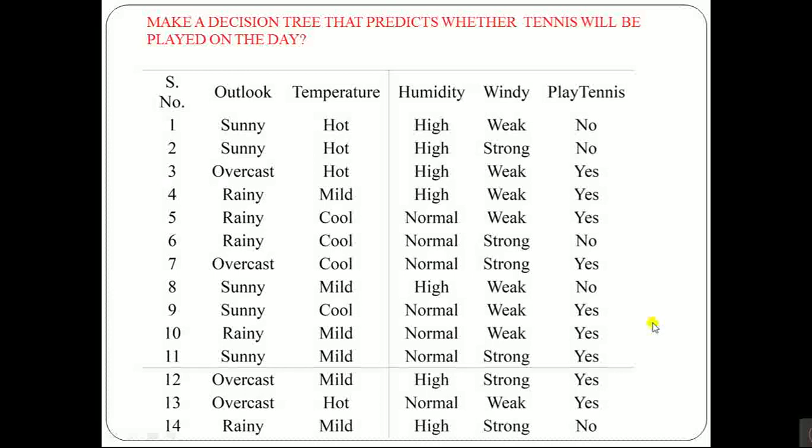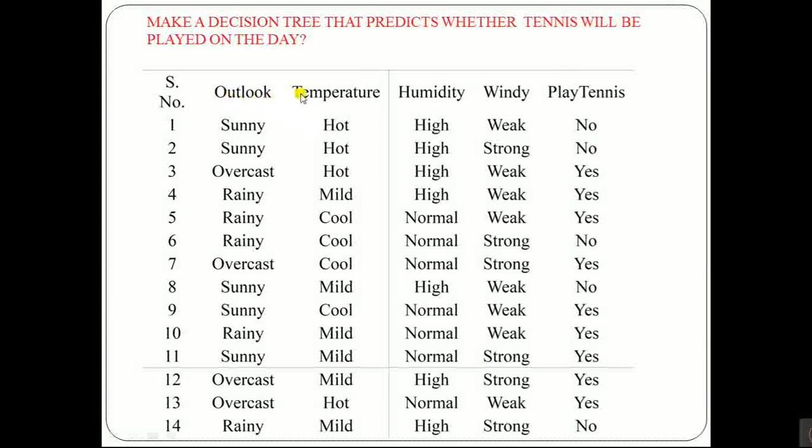In a similar way, we are going to give training data to the machine. Once it gets supervised learning, if we give different data, then the machine can take a decision whether we can play tennis or not. It is a set of data we are taking, right? So how to train a machine?